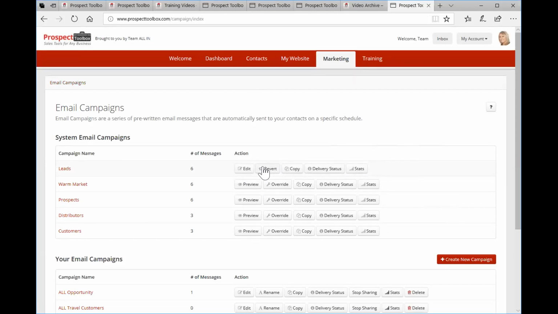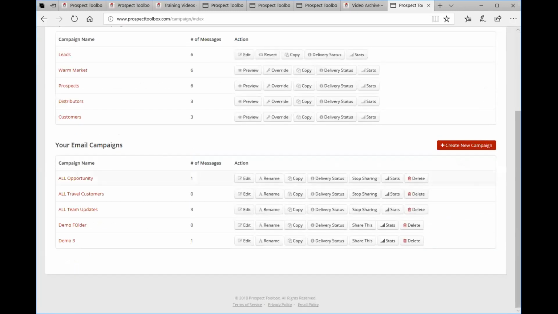So you're never going to lose anything. But here's what else you can do. You can see I did this for training a team recently. The team's abbreviation was ALL, so that's why you see that. For the team, we created folders with matching email campaigns. So if you have a new topic, a new product coming out, you want to segment people in certain cities, whatever you want to do, you can create folders, and you'll see when you create a folder, it'll ask you, do you want a matching email campaign? And you can build out these email campaigns, and then whenever you put people in that folder,